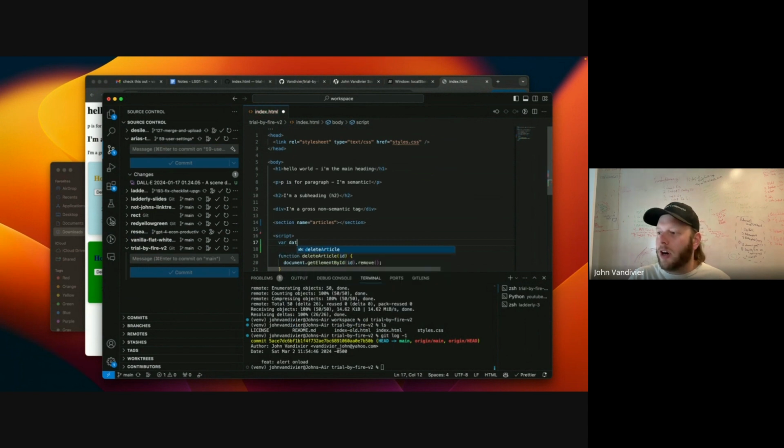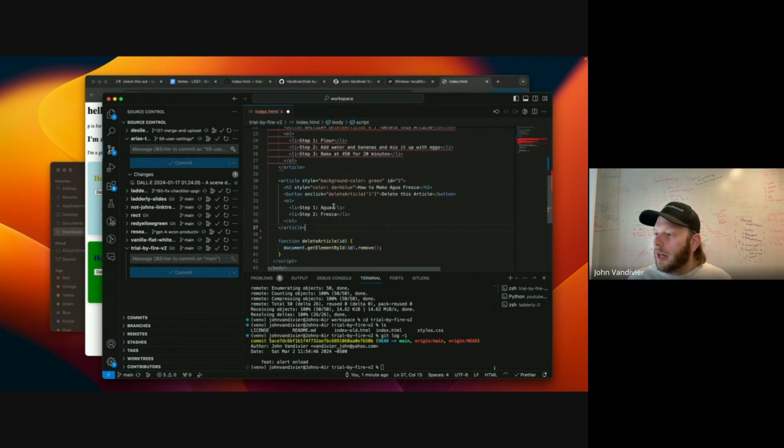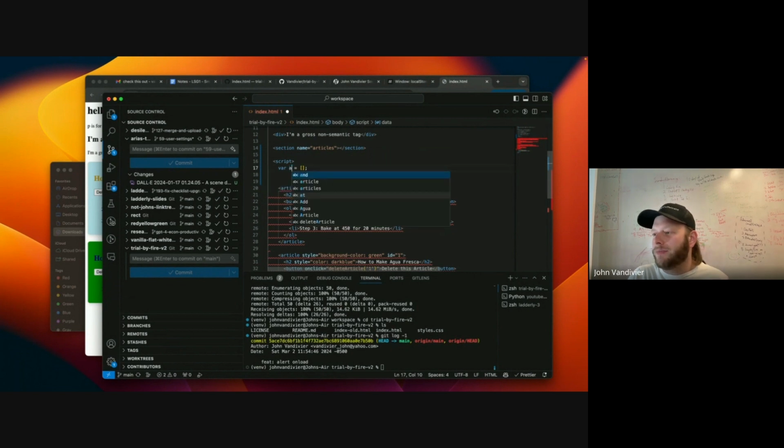So here I'm going to use var, which is a global variable. I don't want it to be block scoped. I want it to be global. And I'm going to transform these into data. This will actually be an array. That's a list. And I can call this articles.